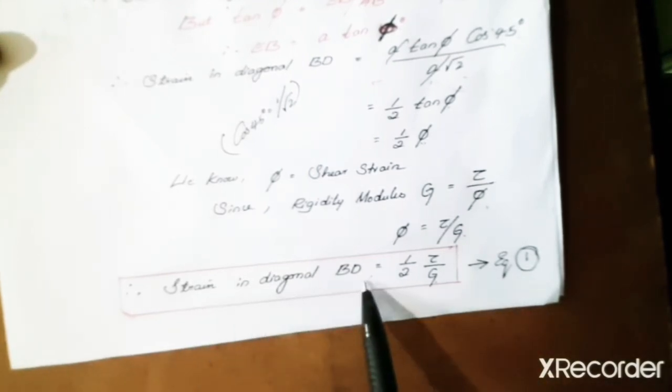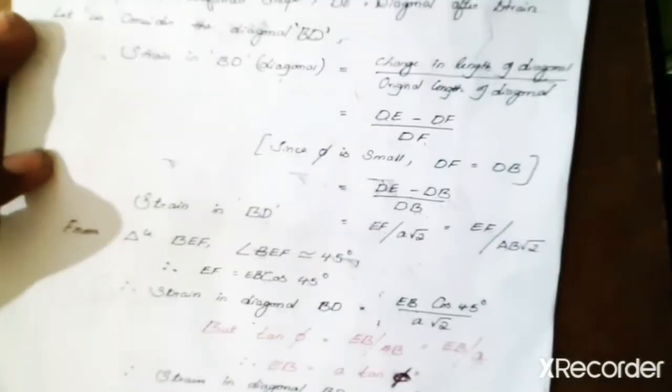Okay, sometimes in examination they may ask you to show, prove that the strain in the diagonal BD is equal to half of shear strain when a shear stress of tau is acting on a square body, cube. Okay, this is how they are going to ask you to derive the expression here. Right, so let us go into the next